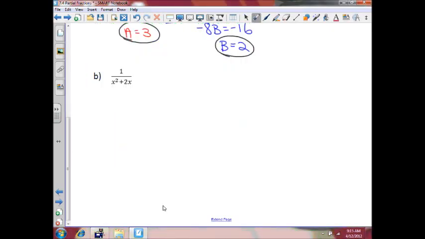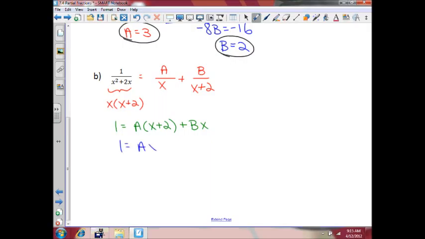Now, if we look at B, we can really factor this bottom into x times x plus 2, which means I'm going to have A over x plus B over x plus 2. So that means 1 will equal A times x plus 2 plus Bx. Simplifying this, we'll have here, combining my like terms,